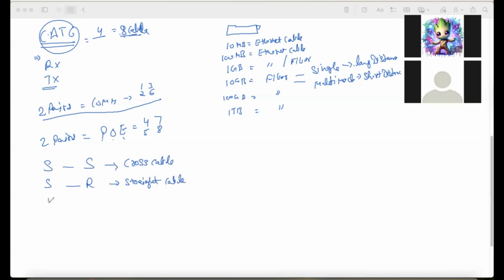If we use router to router, then we use cross cable. Same, a PC to a router, we use cross cable. And PC to a switch, we use straight cable. Now, what is the main difference here? What exactly decides whether this time I have to use a cross cable or a straight cable,